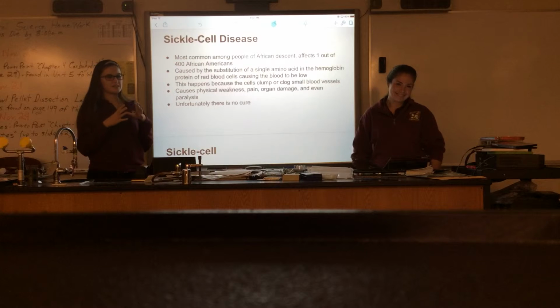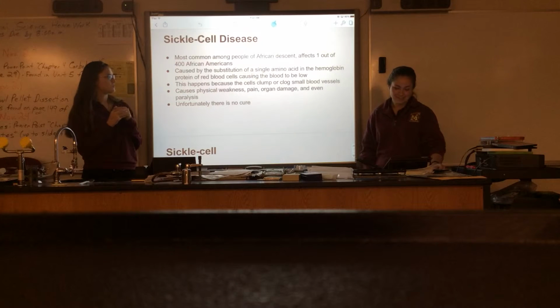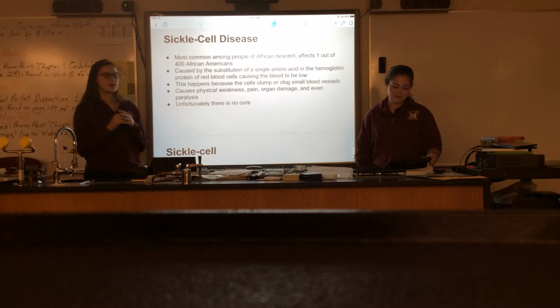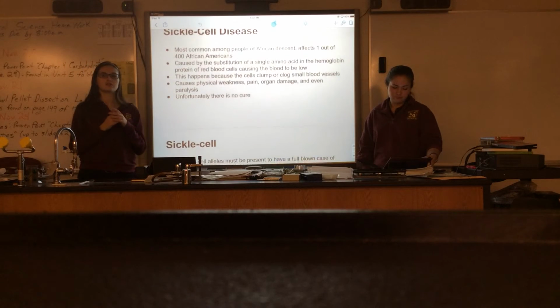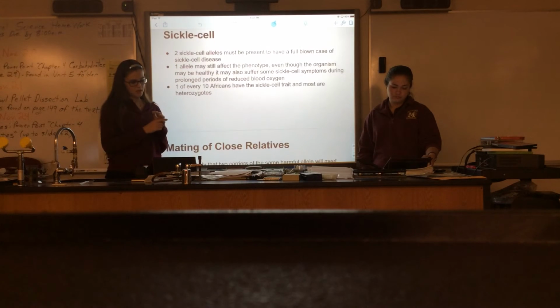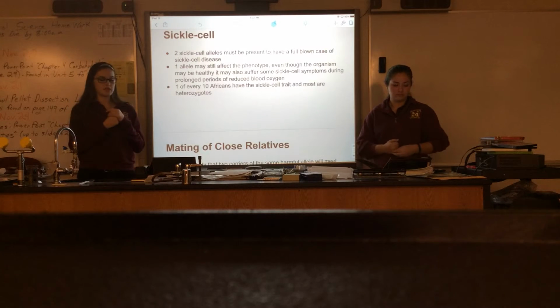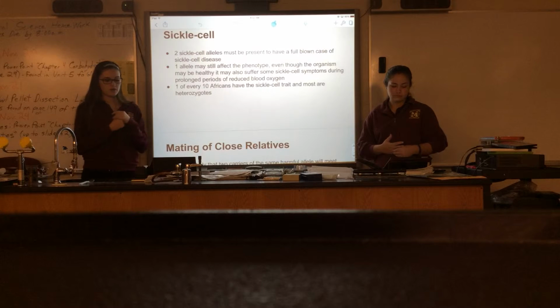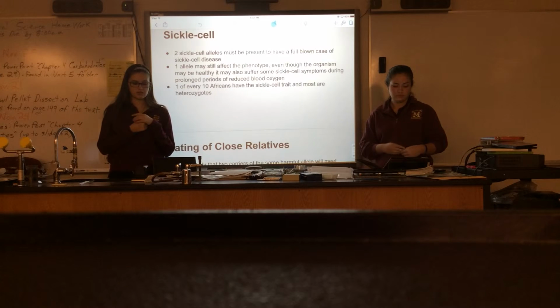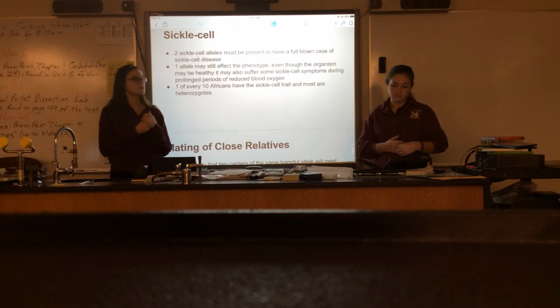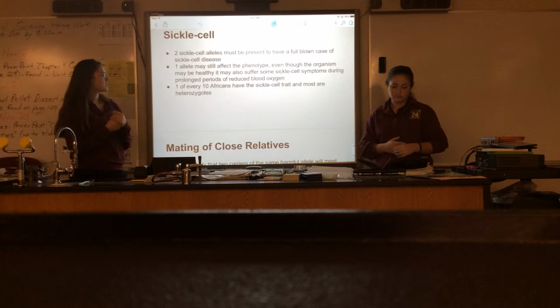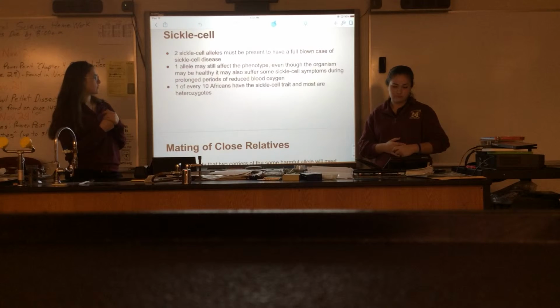It causes the cells to clump together and clog the vessels so the blood can't pass throughout the body, and unfortunately there's no cure for sickle cell disease. Two sickle cell alleles must be present to have a full-blown case. You can't just have one, and one allele may still affect the phenotype. Even though the organism may be healthy, it may suffer from some of the symptoms, but it just reduces the blood and the oxygen. One out of every 10 Africans have the sickle cell trait and are mostly